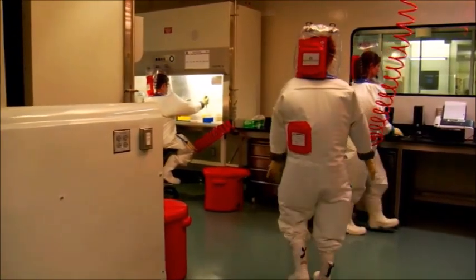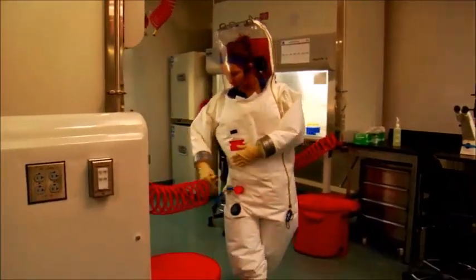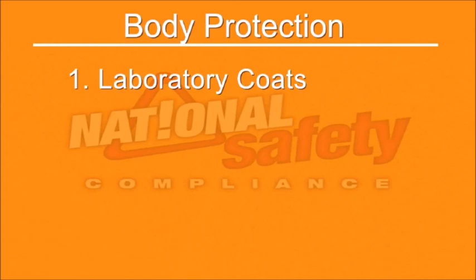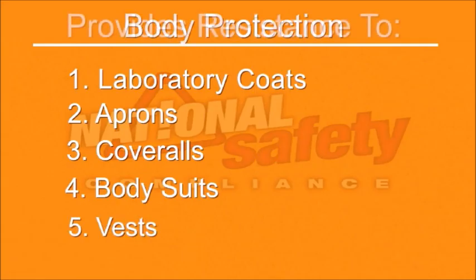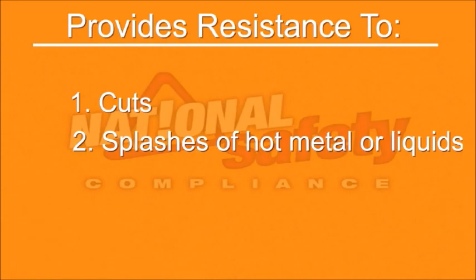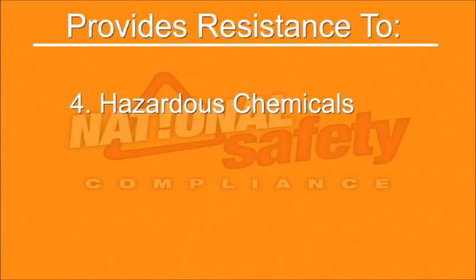Body protection is designed to avert physical and health hazards from the body. There are many types of body protection, such as laboratory coats, aprons, coveralls, bodysuits, and vests. Body protection provides resistance to cuts, splashes of hot metal or liquids, impact from tools, material, and machinery, hazardous chemicals,